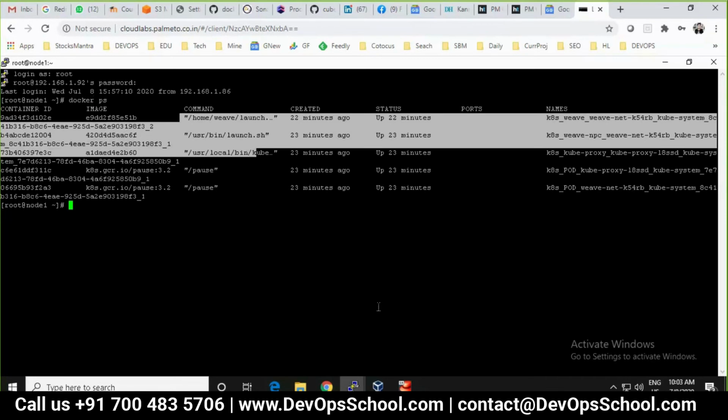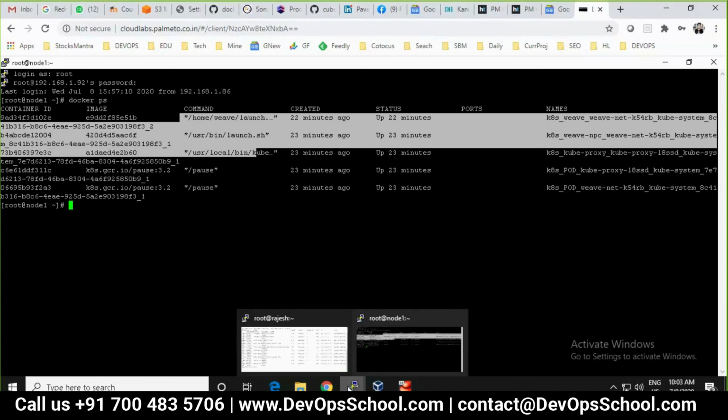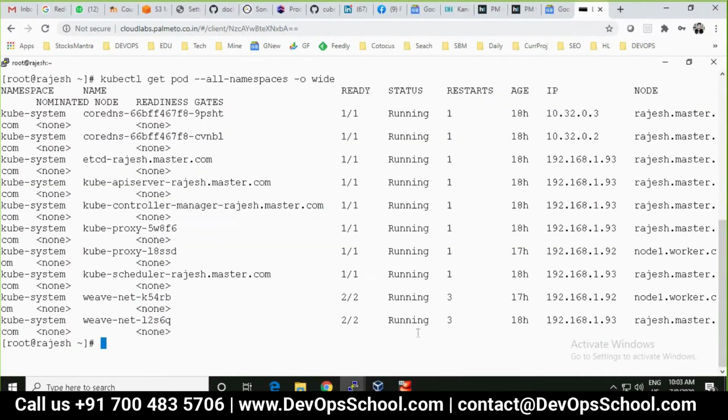So it should be 3 in the master node, right? 3 out of 3, but it's showing 2 out of 2. Can you help me find the answer? I don't know. You have the answer in front of you, on this screen only. Please look at it very carefully. It means that two are in Weave Net and one will be the CoreDNS. Yes, you got it.